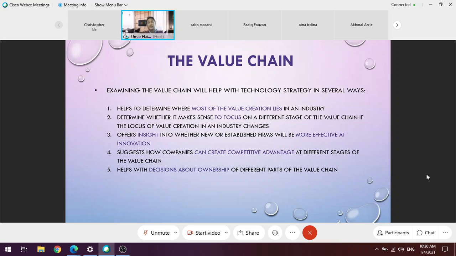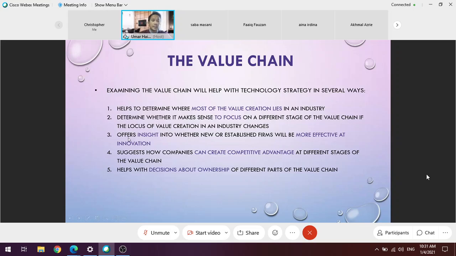For example, at different stages. Normally, during the first stage, definitely they need to focus on the aspect of product development. And after they start to grow their business, I mean, the moment the company starts to penetrate the industry, definitely they need to focus on marketing and sales activities. So again, you need to see at what stage the company operates and how you are going to focus on that particular value chain activity.